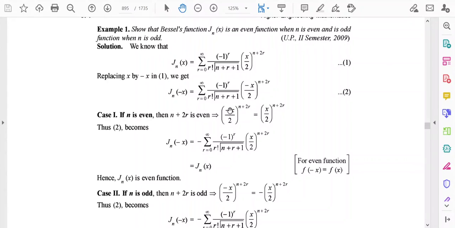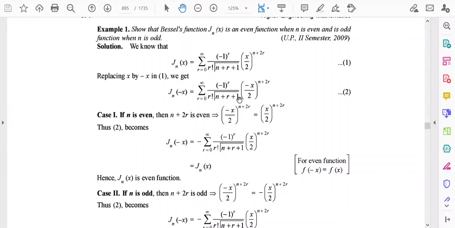Now this is the expression for Jn(-x). So in this expression, if this term, (-x/2)^(n + 2r), becomes (x/2)^(n + 2r), then